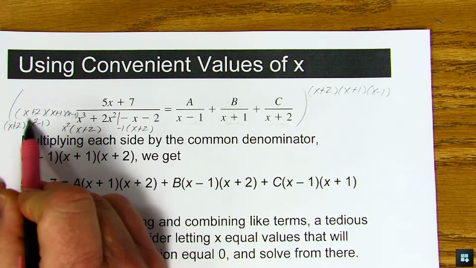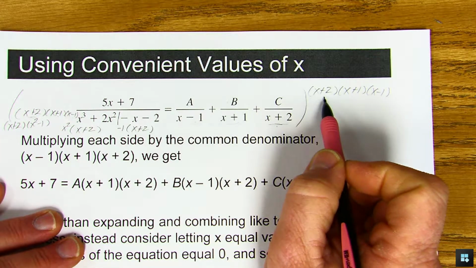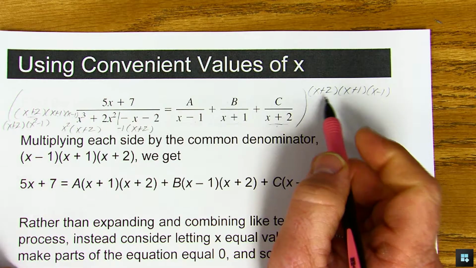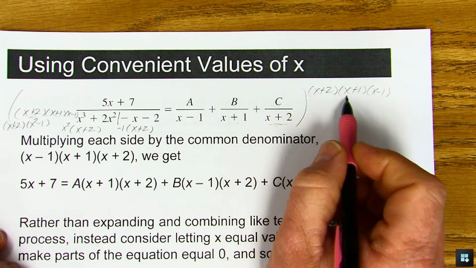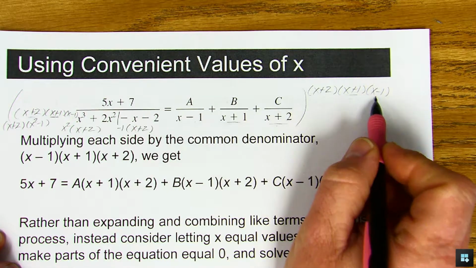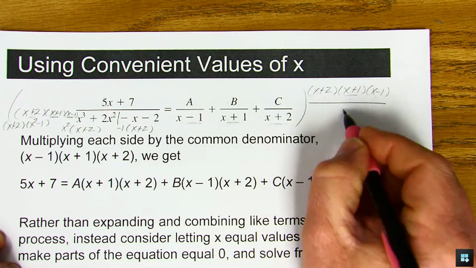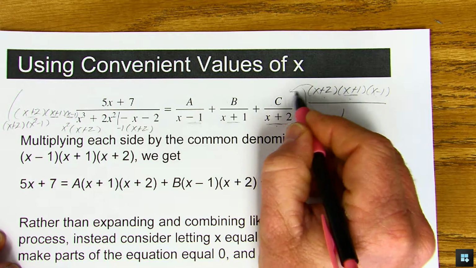So we're dividing here by x plus 2. That takes care of this x plus 2. Remember, we only need to do it twice if they appear in the same denominator twice. X plus 1 here, here, and there, so we're good. X minus 1 is here and there, so we're good. And remember, this is like all over 1. So when I distribute it in,